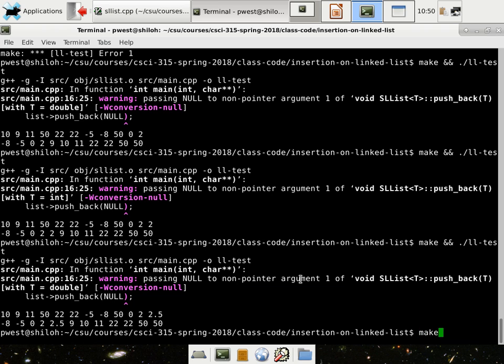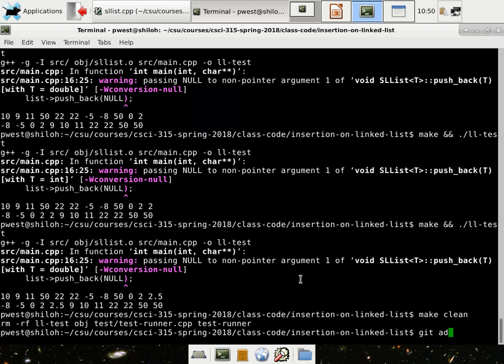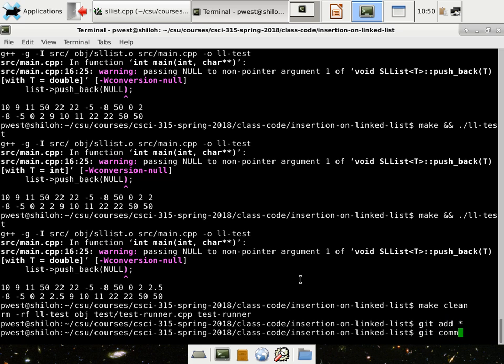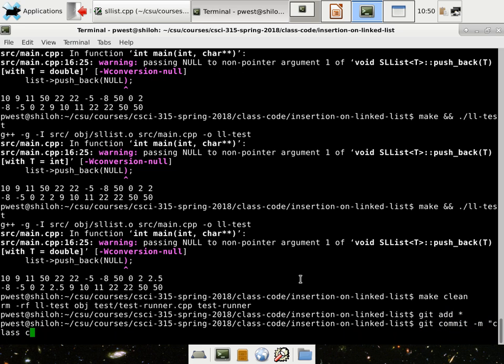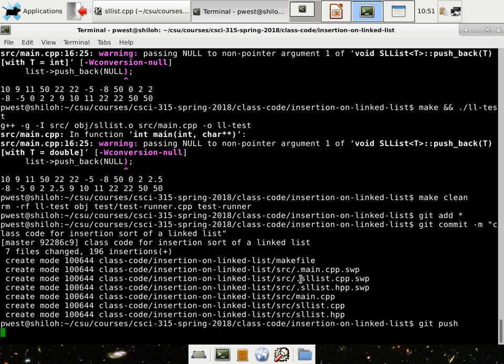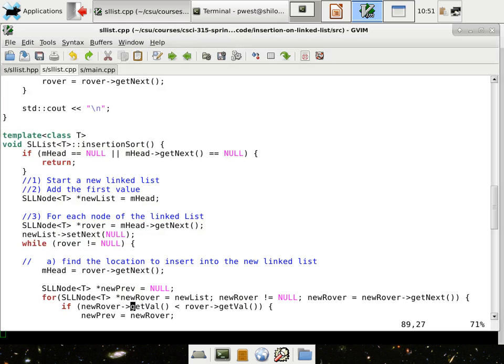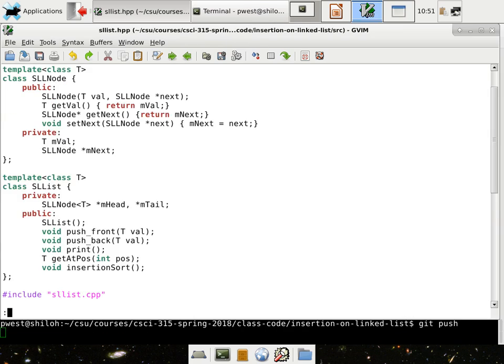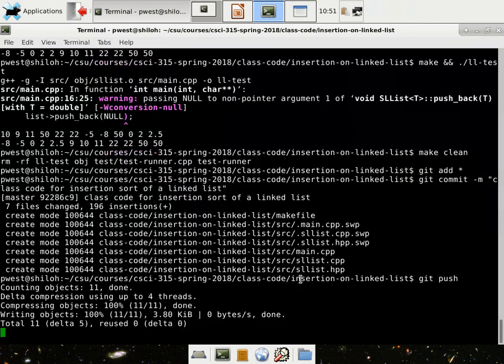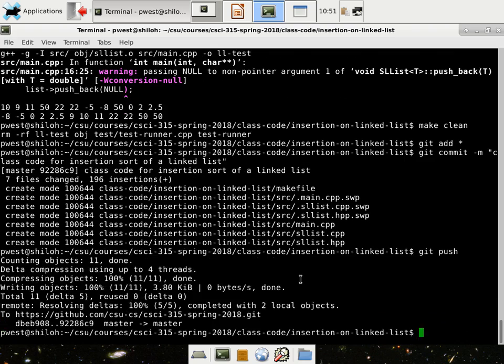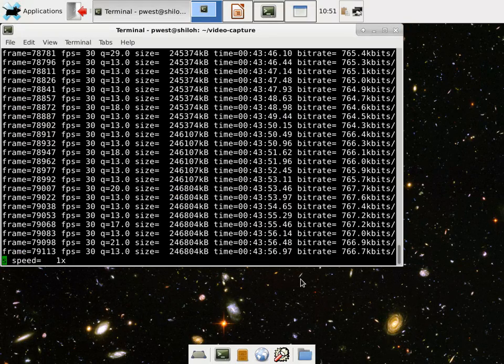All right. Well, let me do a make clean, git add, git commit -m, class code for insertion sort of a linked list. Go ahead and push it. Hey, look, some swap files. Sorry about that, guys. Oh, maybe it'll push. Okay, good, it did. All right, and then we're going to stop the